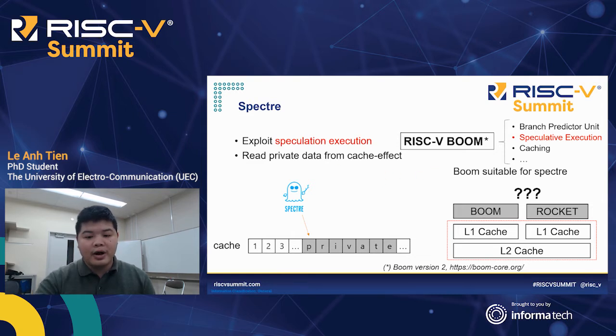In the RISC-V ecosystem, the University of Berkeley has developed an out-of-order RISC-V processor called BOOM. The BOOM architecture contains some fundamentals which provide a very simple environment for Spectre attacks. First, speculative execution has been implemented to optimize the computer system, along with other parts that could be exploited, such as the branch predictor unit, the branch history buffer, or the cache.